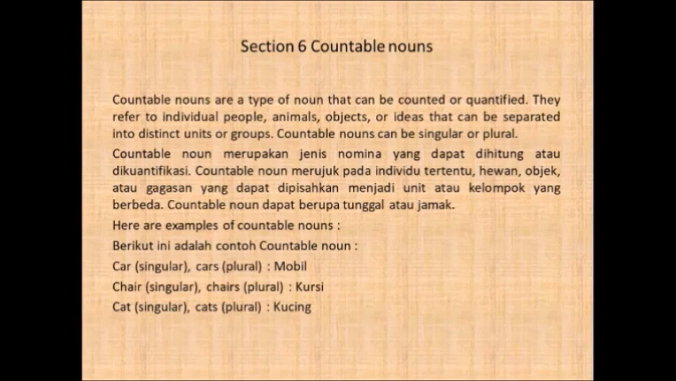Section 6. Countable nouns. Countable nouns are a type of noun that can be counted or quantified. They refer to individual people, animals, objects, or ideas that can be separated into distinct units or groups. Countable nouns can be singular or plural. Here are examples of countable nouns: car,